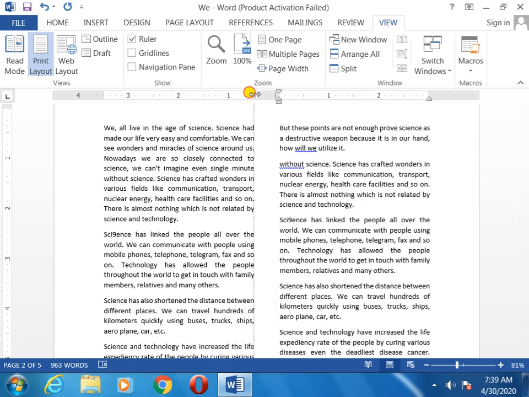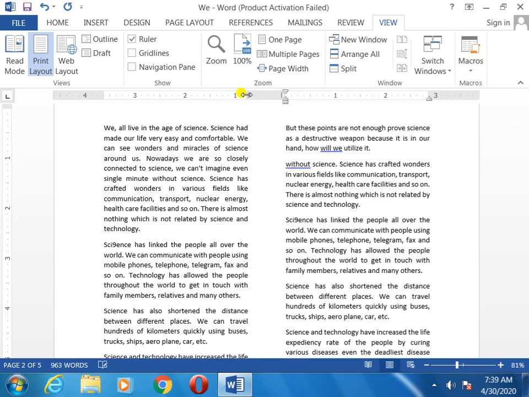Just click here, press the left mouse button, hold it and drag to the left side, it will go more. Same if you want to move the right side, you touch on the scale, the margins, one arrow will appear, then press the left mouse button and drag it. See, more gap became here.